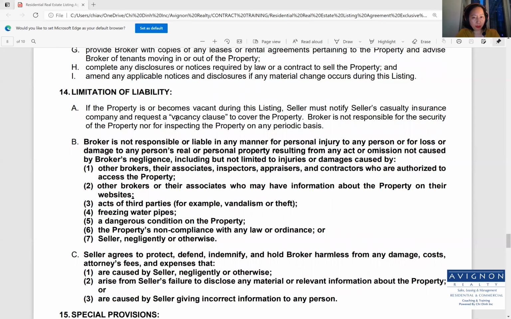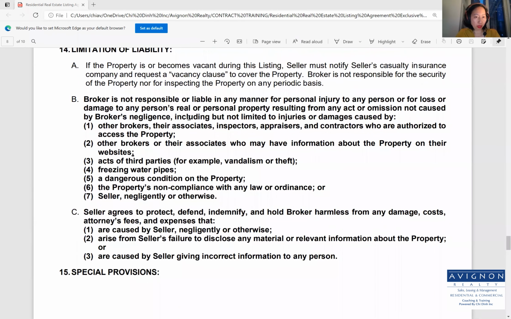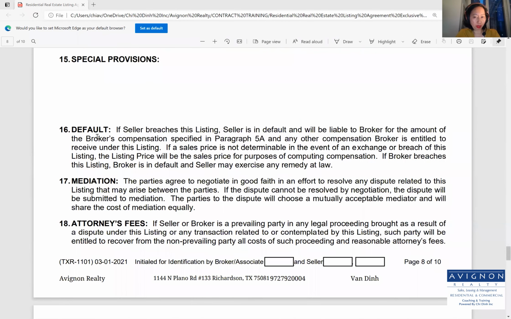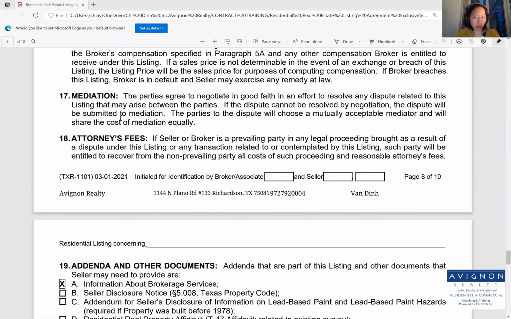Then paragraph 14 is limitation of liability, what the seller's obligations are. If the property is or becomes vacant during this listing, seller must notify seller's casualty insurance company and request a vacancy clause to cover the property, and broker is not responsible for the security of the property nor for inspecting the property on any periodic basis. More on limitation of liability, B and C. Then there's special provisions, only factual statements will go here. And what happens if any of the parties default. And then there's option for mediation, attorney fees,